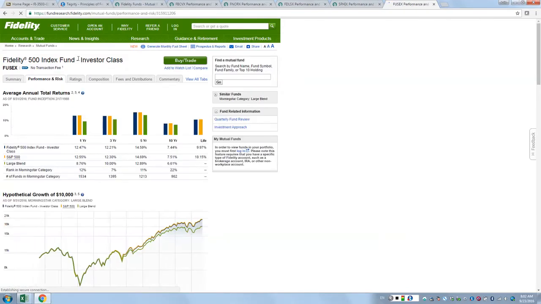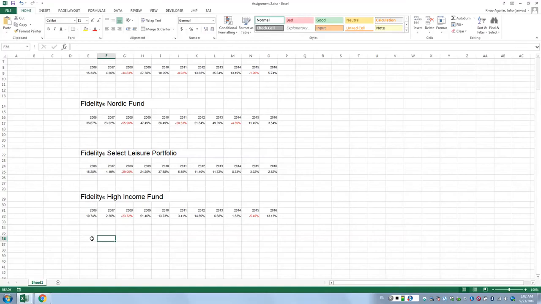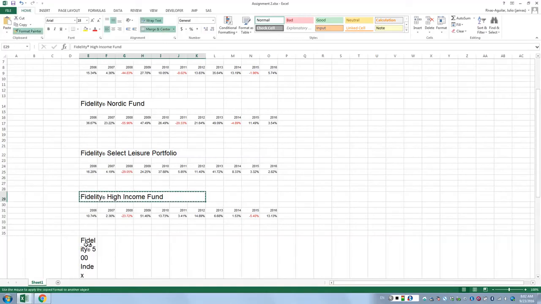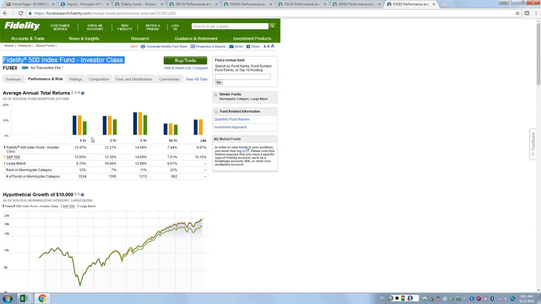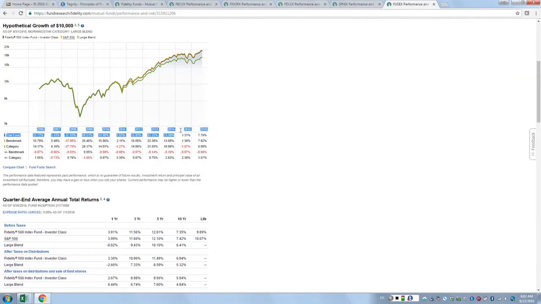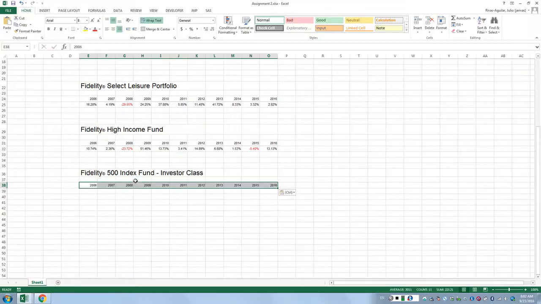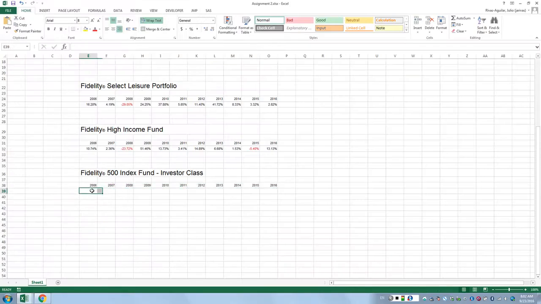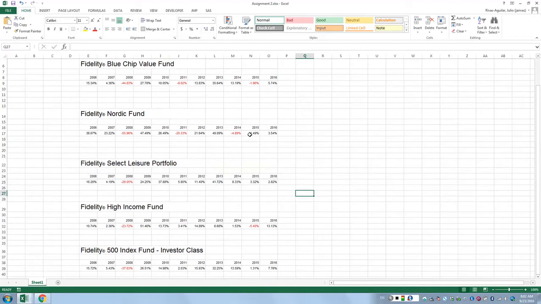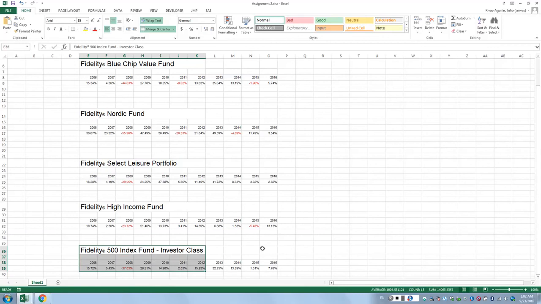And finally, we're gonna do this 500 index. Now this fund mimics the S&P 500. We will talk about that later in the semester. But the S&P 500 is one of the most important indices in the market. It is convenient for you to invest in a fund such as this one, because in a lot of the other funds you have someone that is doing research. These are pretty much self-managed. You don't pay extra fees. That's what I'm trying to say. You don't pay extra fees, and well, it could be good for you.